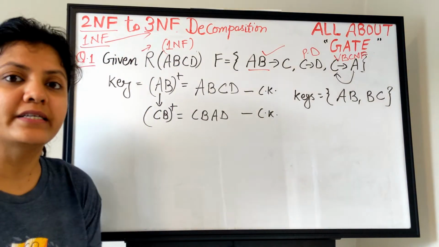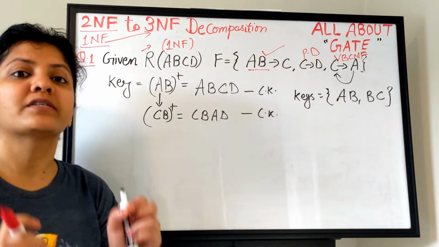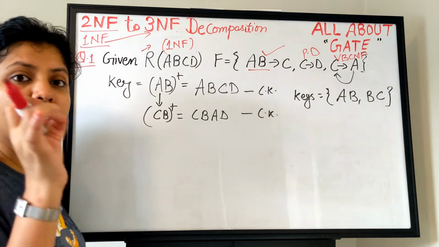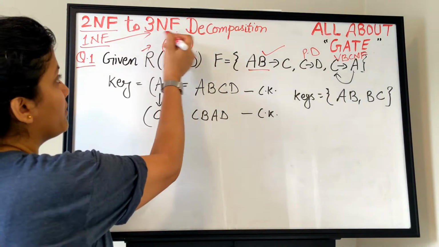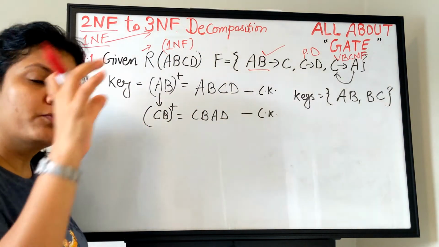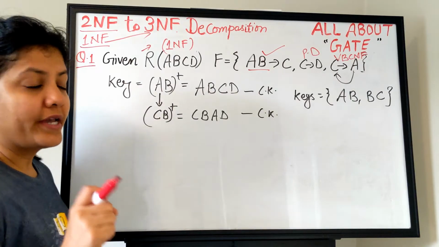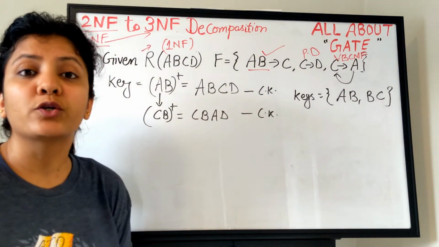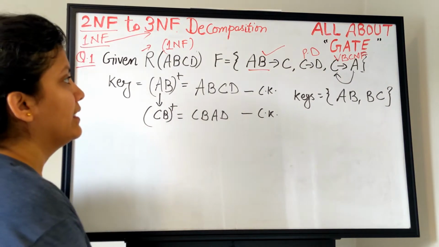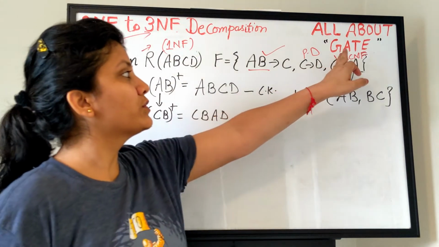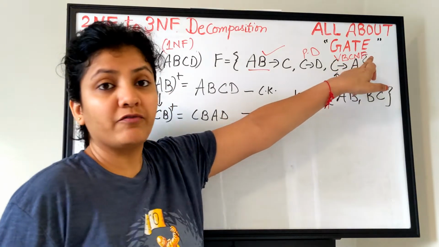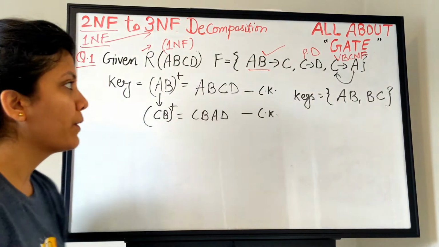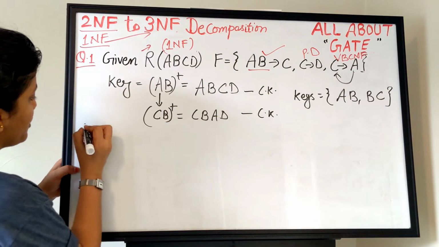The method is exactly the same that I told you in the previous video with that particular question. Whatever is the problem for that normal form, take that dependency and put it into a separate relation. But in this question there is something really important to notice. Somebody might think, ma'am, should we put the violation of BCNF also into a separate relation? No.